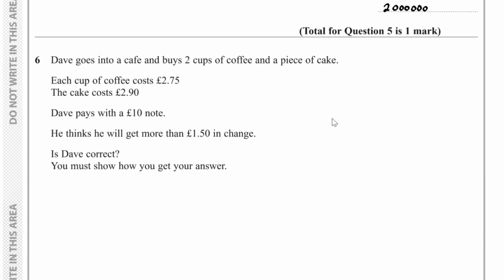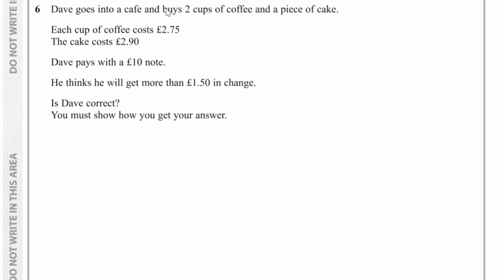Question number 6. Dave goes to a cafe and buys 2 cups of coffee and a piece of cake. Each cup of coffee costs £2.75. The cake costs £2.90. Dave will pay with a £10 note. He thinks he will get more than £1.50 in change. Is Dave correct? Well, if he pays with a £10 note,